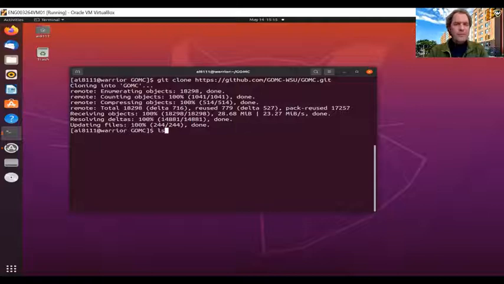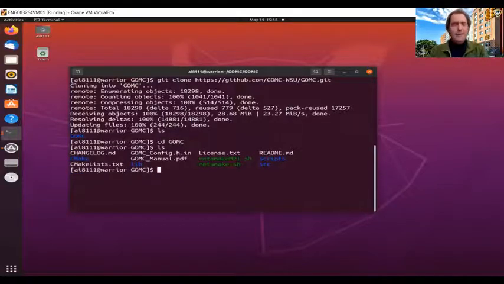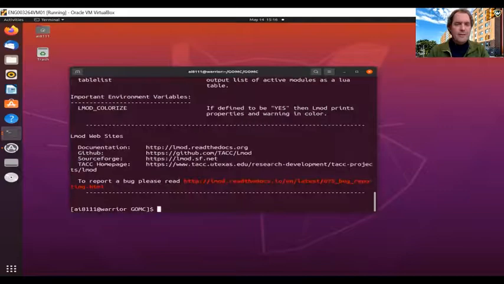All right, so now it has downloaded GOMC, and in order to compile this, we'll run metamake.sh. Okay, but before we can do that, we need to load the right compiler. So there are a number of compilers that are available on the grid, and the first thing we can do is issue the module spider command,